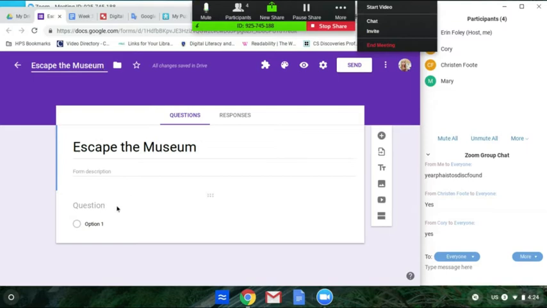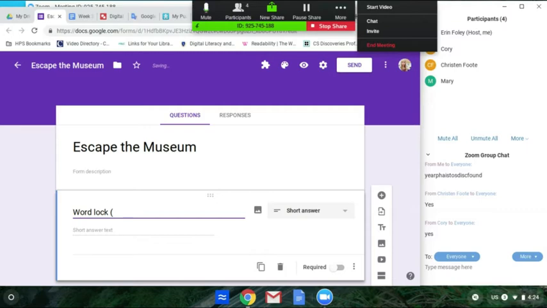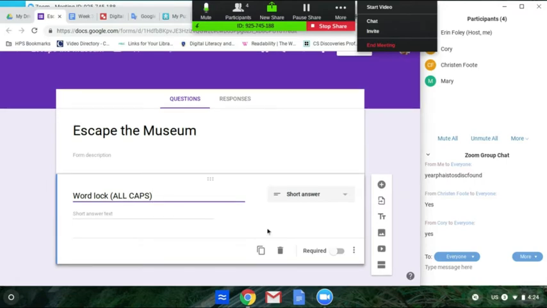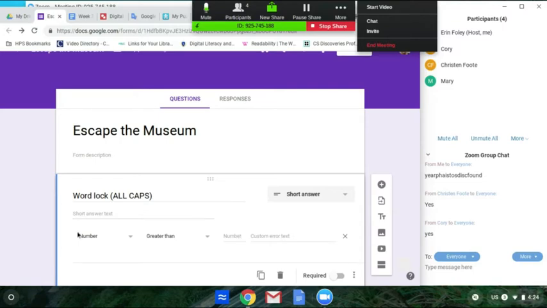Okay, so then what I'm going to do is add a question. We're going to start with the word lock, and we're going to do it in all caps. With response validation, it does have case sensitivity, so for the purposes of this, we're going to do all caps. Then if you click on the three dots and choose response validation, that's how we're going to make it